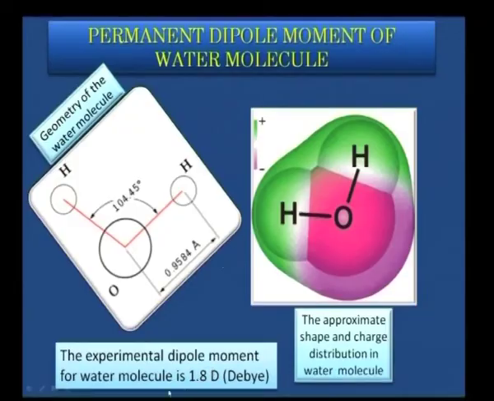I told you about the octet rule. Every atom tries to attain the octet structure. When I told you about NaCl and ionic bonding, sodium gives an electron to chlorine. Why should sodium give, or why should chlorine accept? It is because sodium tries to go to the neon structure having 8 electrons in the outermost shell, and chlorine, by accepting an electron, goes to the argon structure. Both sodium and chlorine try to attain the octet structure. Similarly, oxygen is trying to attain the octet structure,